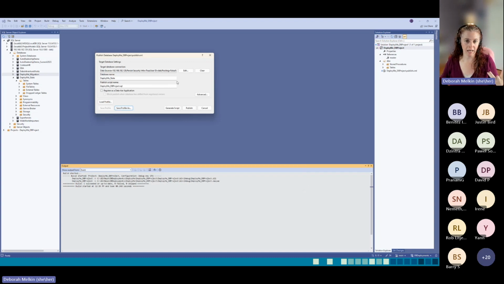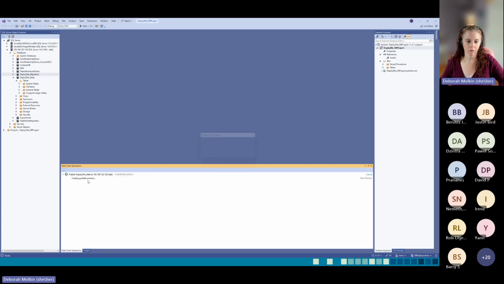So taking kind of just the basic, other things to show you, you can generate the script. I don't know what it's going to do yet. I'm not going to choose this because we can see my database is empty. So I'm just going to hit publish. So first what it's doing is